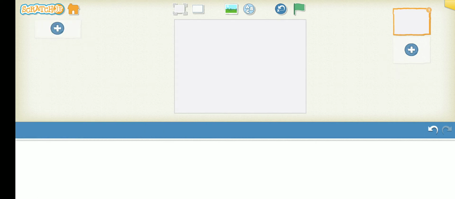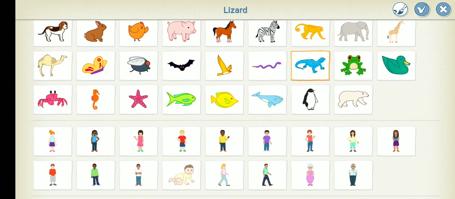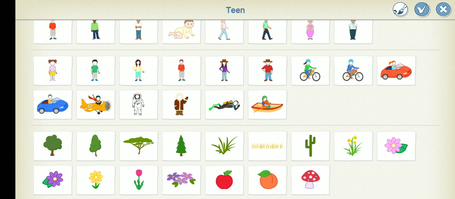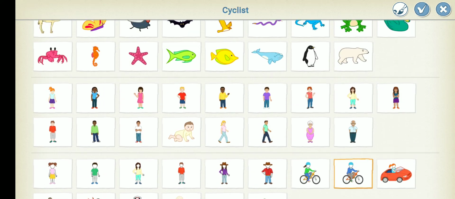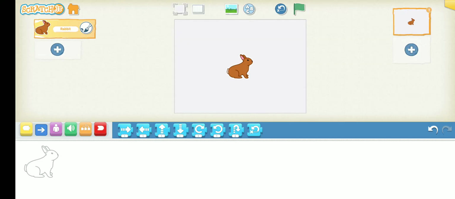To take a new image, on the left hand side, can you see the plus sign? Yes, click on it. Here we can see the number of images present. Take any one. Suppose I am taking the rabbit. Click on this right button on the left hand side up to take it. Now you have successfully changed your image.